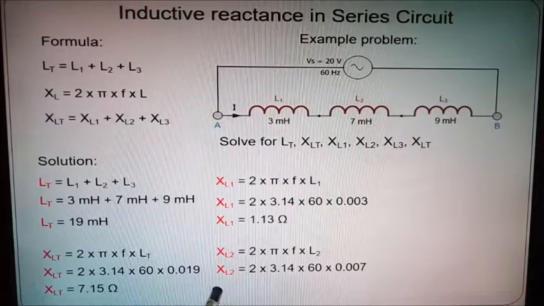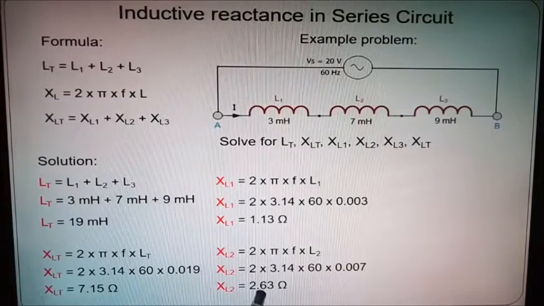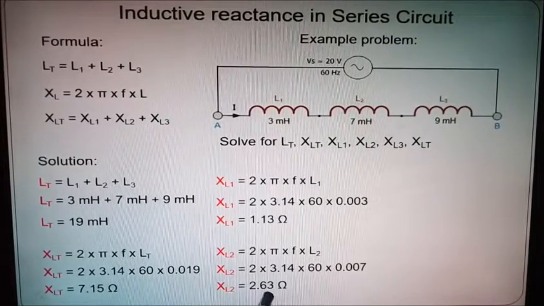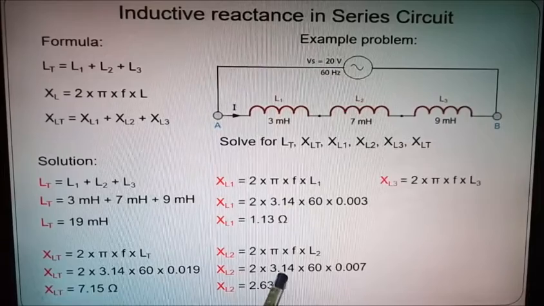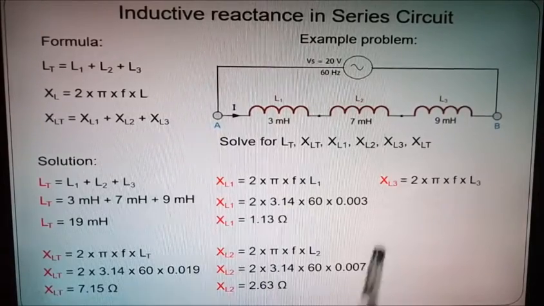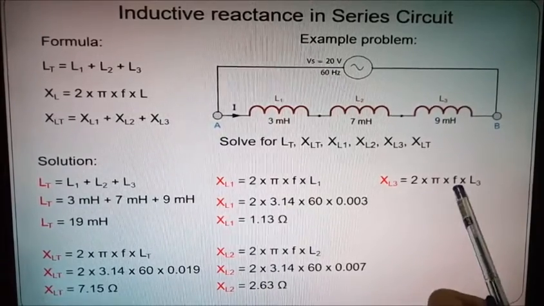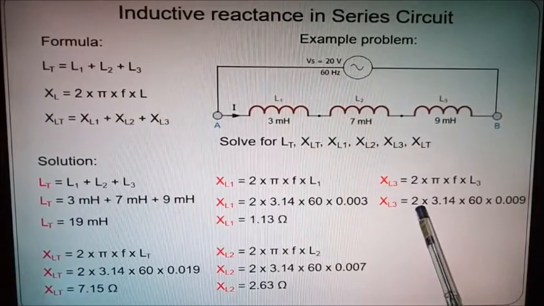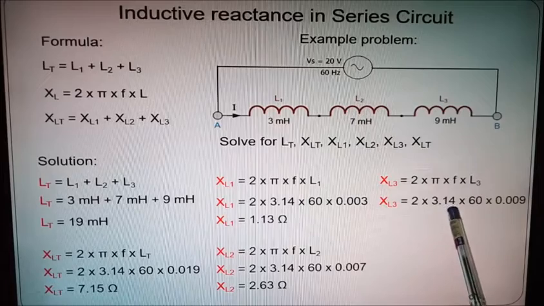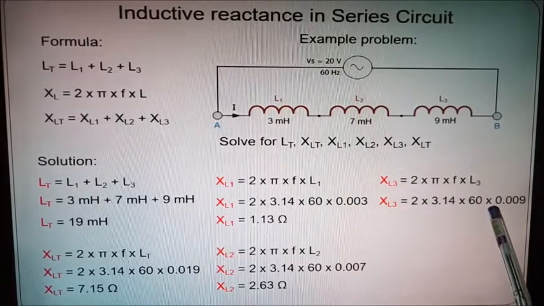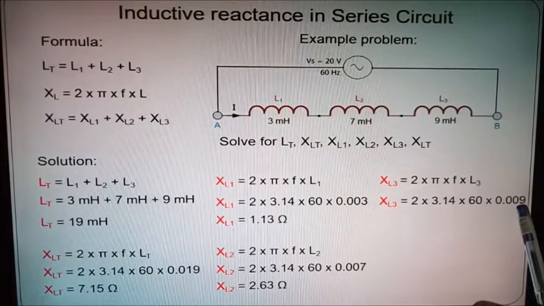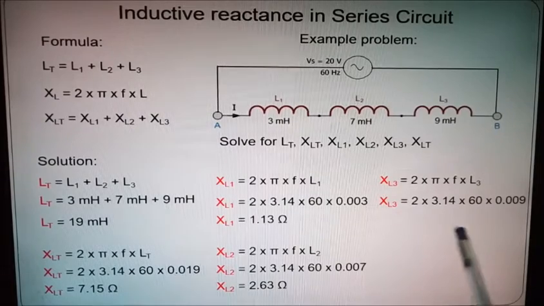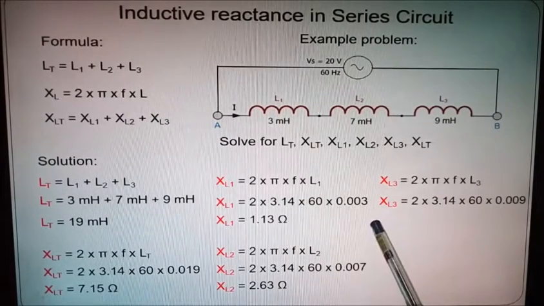XL2 now will be equal to 2.63 ohms. Then the last one is XL3. Substitute the value of pi, F, and L3. XL3 is equal to 2 times 3.14 times 60 times 0.009 Henry. So your XL3 is